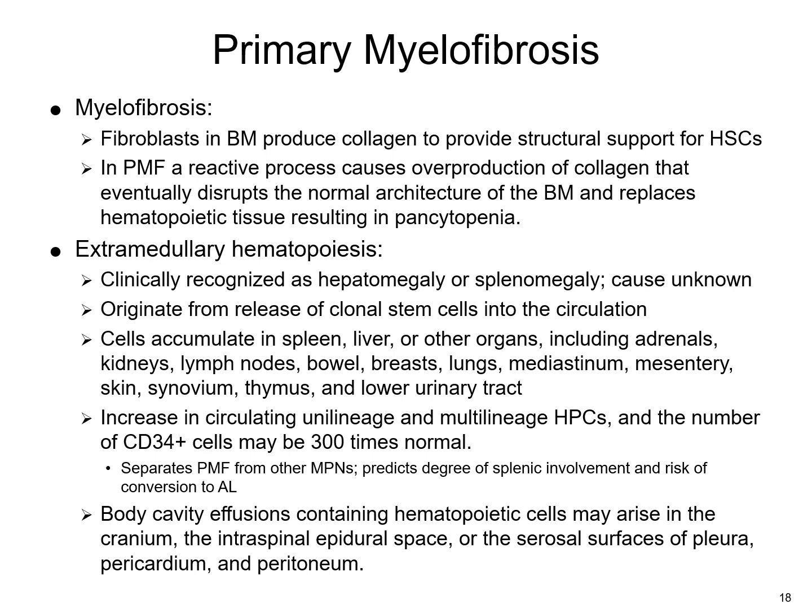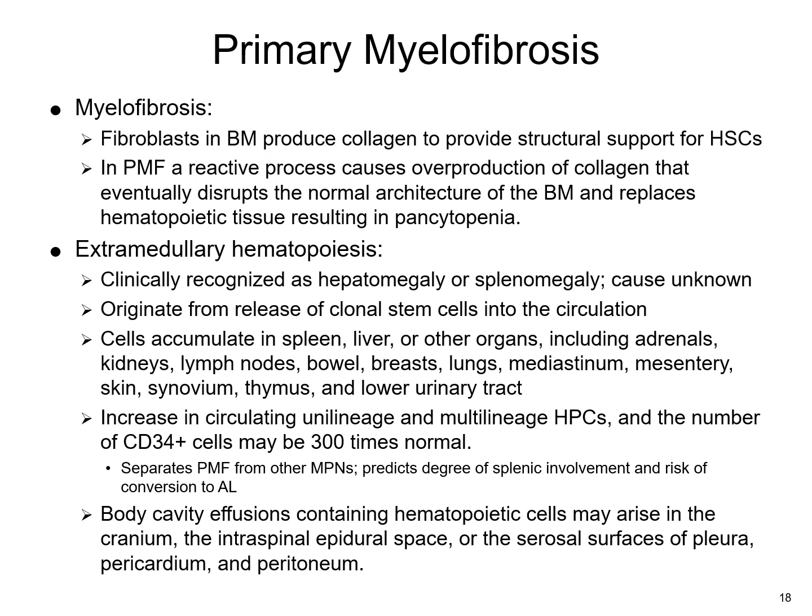So fibroblasts are actually in the bone marrow, and they're responsible for producing collagen that will provide a little bit of structural support for those hematopoietic stem cells. Now, what happens in primary myelofibrosis is that there is some sort of reactive process that causes an overproduction of that collagen that will start to disrupt the normal architecture of the bone marrow, and then that replaces that hematopoietic tissue that will result in a pancytopenia. So if you don't have that tissue present to produce those cells, then you're going to have a reduced amount of cells that are actually present in the bone marrow. So it's almost like it just leaves behind a scar tissue type of substance, and that's what this